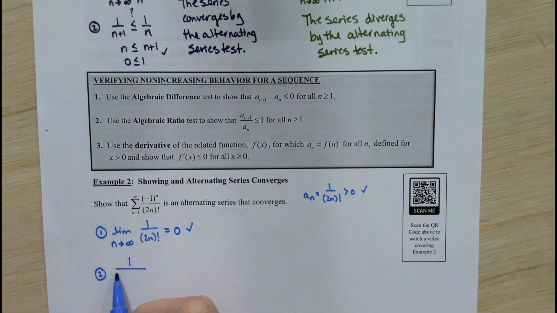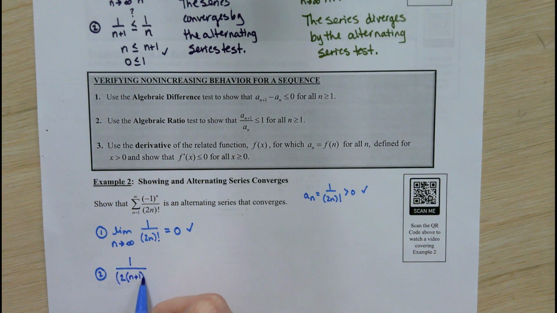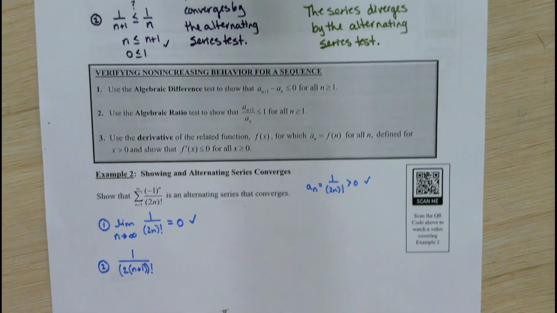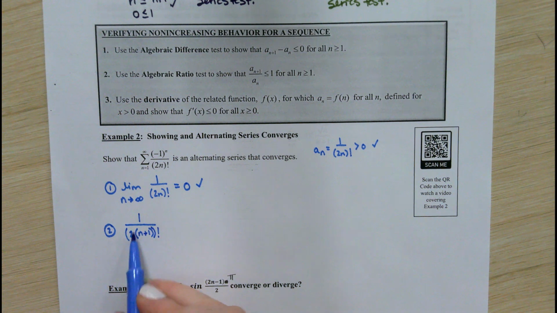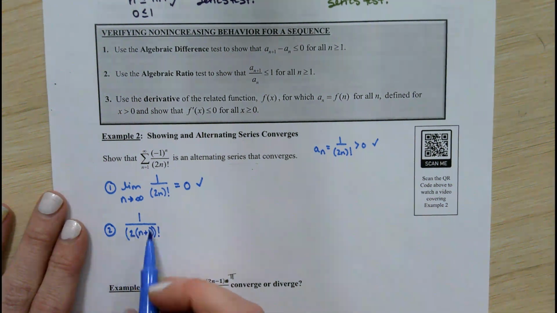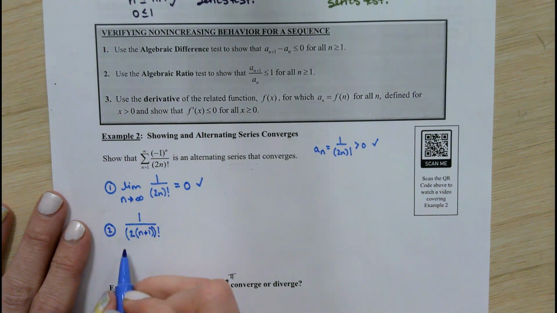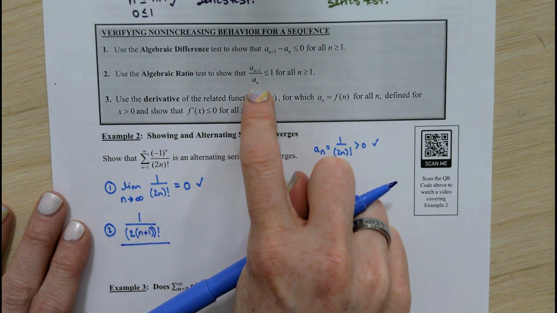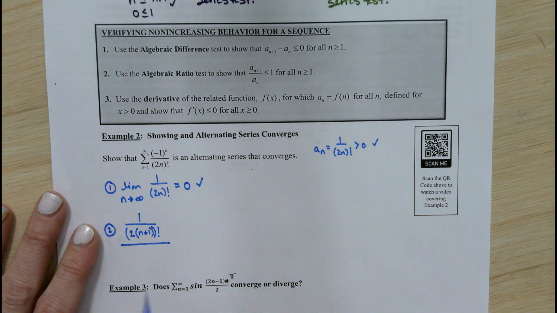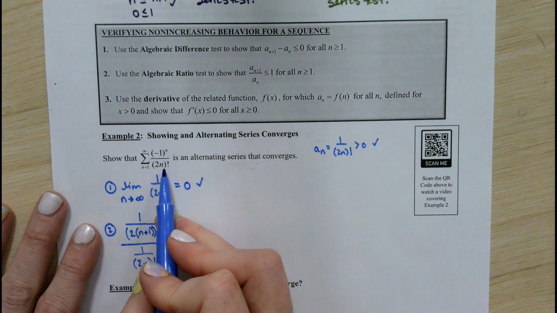This n is inside this factorial, so that n plus 1 is going to live right there next to the 2, and then the factorial is going to be on the outside of that. So just be careful there with your order of operations when you're writing out what the n plus 1 term is. We'll do some simplifying with that in a minute, but I'm going to finish my ratio up first. I need my nth term to follow that up. So that's going to be 1 over just n plugged in,